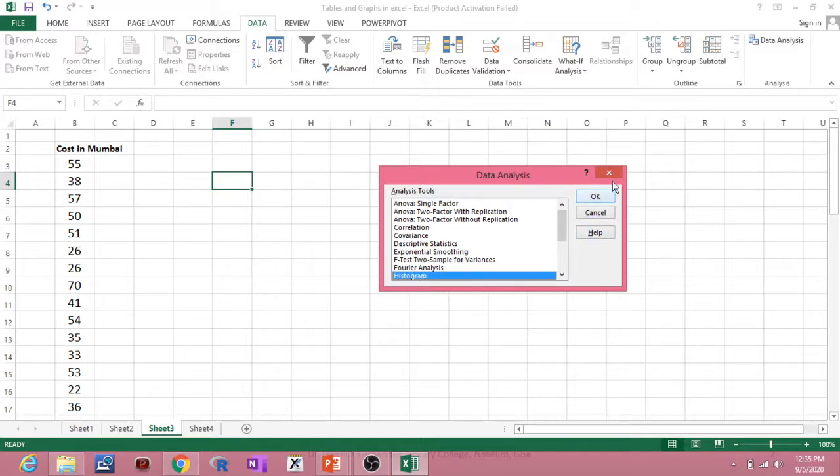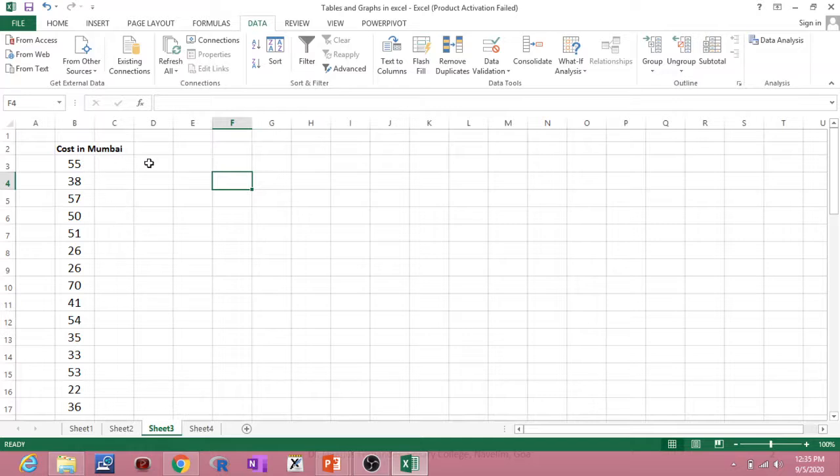Now before you click on this histogram, I have to create the classes as well. So I create a column saying bin, and the classes are 10 to 20, 20 to 30, and so on. So I'll say 20, 30, 40, 50, 60, 70, 80.